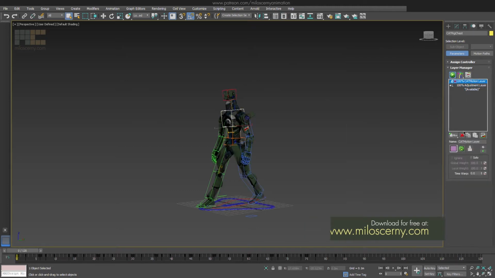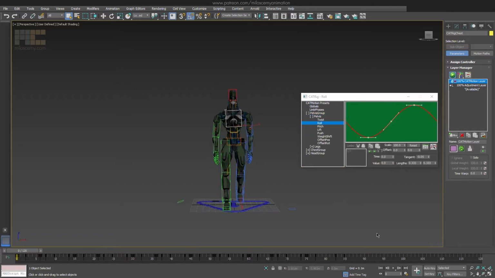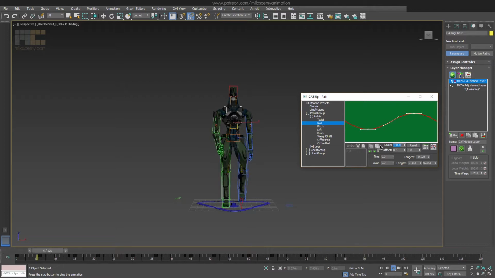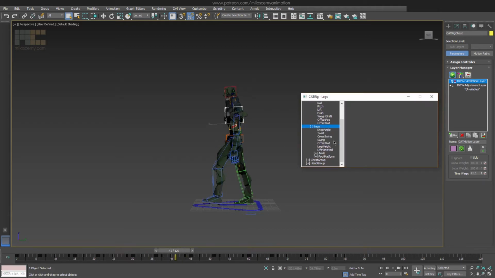Before we start with fixing the legs, let's actually take a look at pelvis again. If you look at the animation from the front, you can see that the pelvis moves quite a bit, specifically the roll parameter. So let's scale it down to just 50%. The reason for this is that we want to have the pelvis finished before we start fixing the legs, because if you first set up legs and then change the pelvis, you might have to change the legs again.